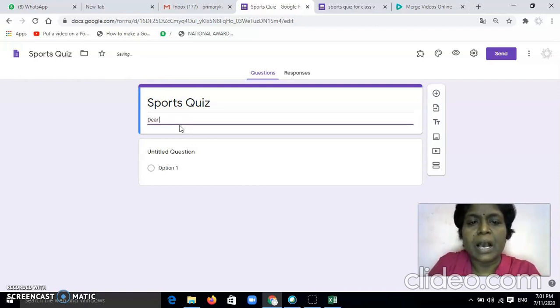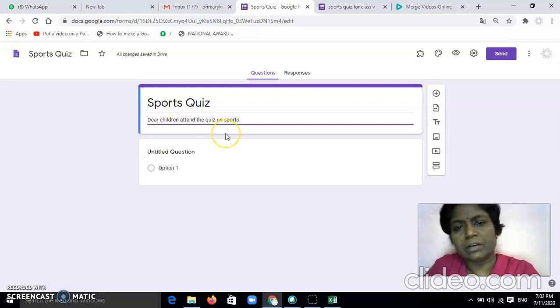For example, I want to give the information, dear children, attend the quiz on sports. Simply, dear children, attend the quiz. You can write any information related, whatever you want to pass on to your students.